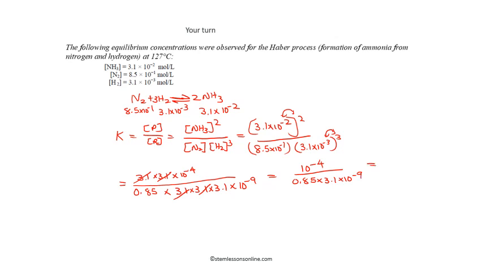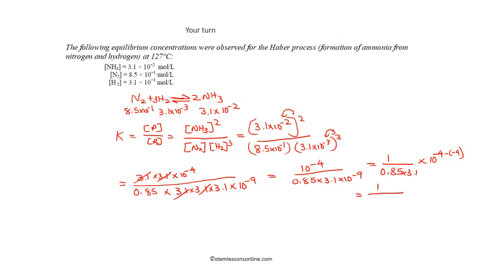So what I will do, 1 divided by 0.85 times 3.1. There is nothing wrong if you are putting everything in the calculator, whichever the way easy for you. So minus of minus 9 it will be. So you can try the way you like, but